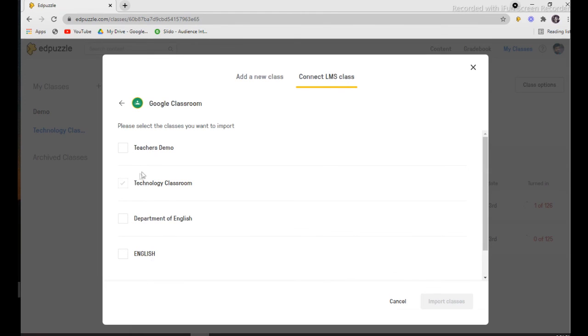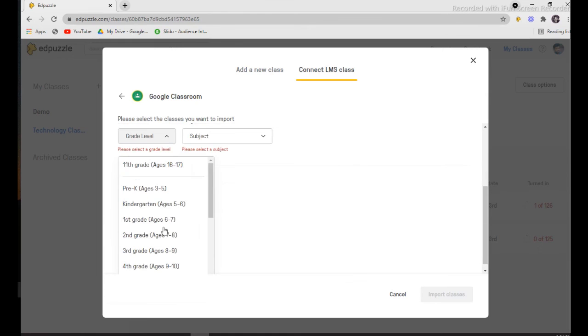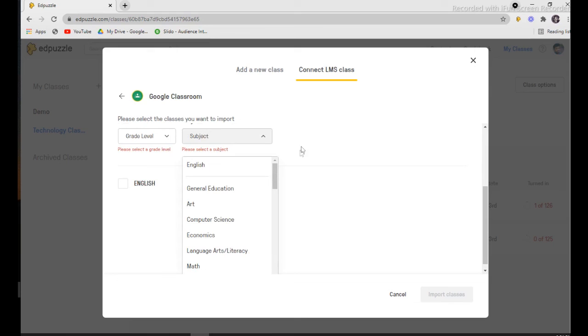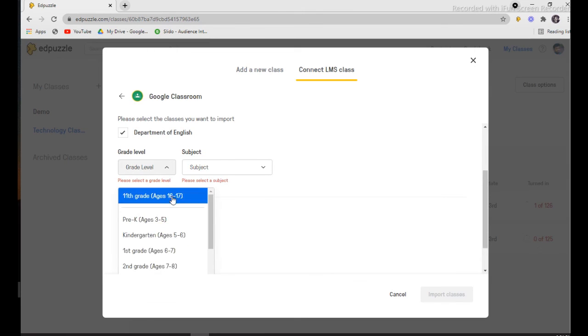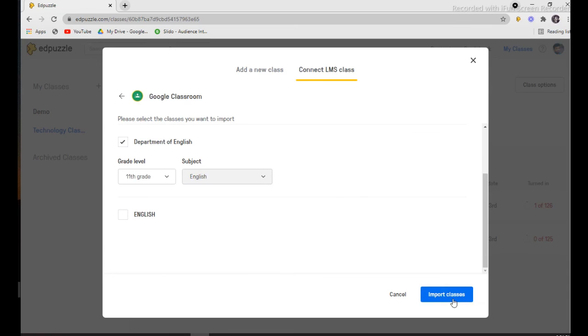You can select any classroom and give a tick. Okay, Department of English I want to post. I click Department of English, and select the class grade and the subject related to it. For example, 11th grade English, and I import the class.